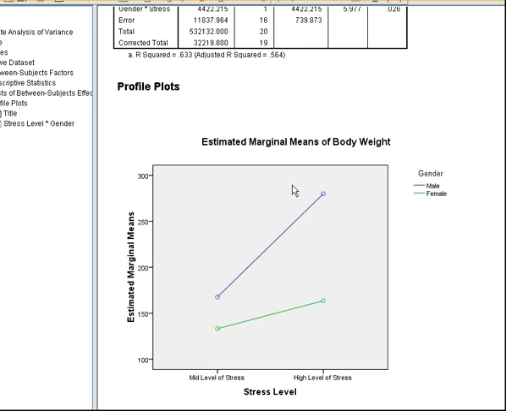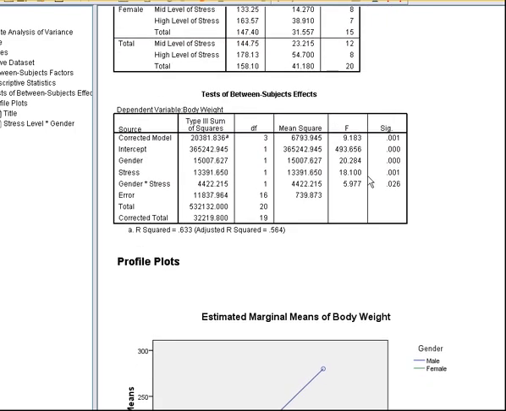We also have our graph where we can see that there appears to be an interaction. Just looking at the graph itself, these two lines, rather than being parallel, look like they'll be intersecting at some point further down the graph. So when your lines are non-parallel, that's an indicator, not a guarantee, but an indicator, that there is an interaction, which can be confirmed by looking at the results from